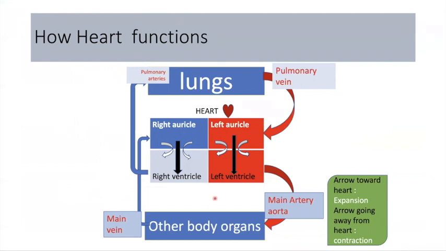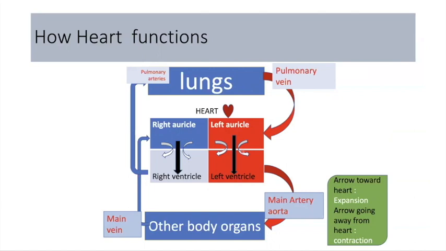What happens? All the blue blood, after circulating through all the organs, returns to the heart in the right auricle. When it enters the right auricle, the tricuspid valve opens up and the blue blood comes down into the right ventricle. At the same time, what happens? The pure blood from the lungs enters the left auricle from the pulmonary vein, and this blood comes down to the left ventricle after the opening of